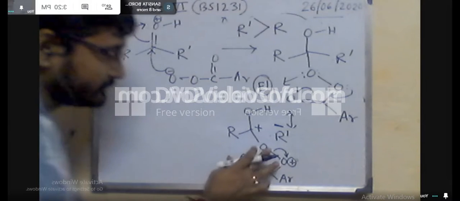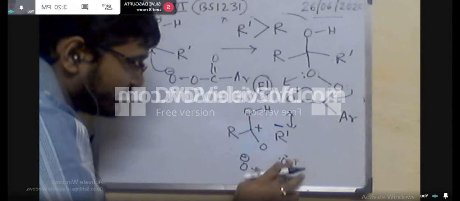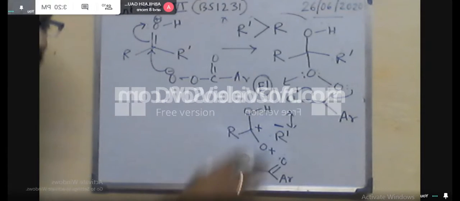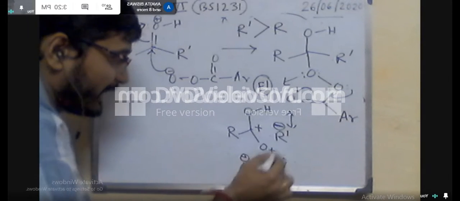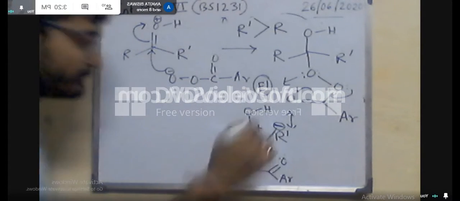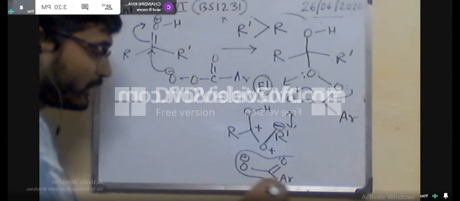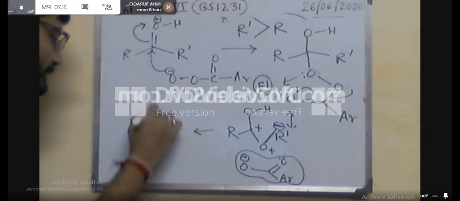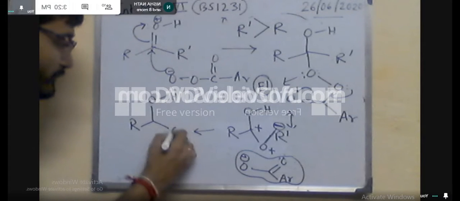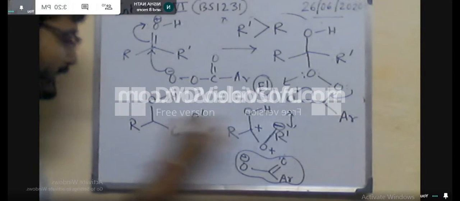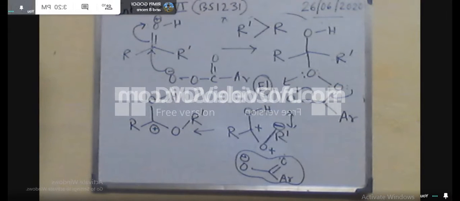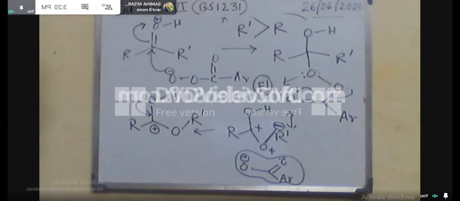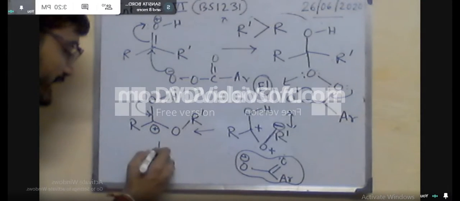So if this is the minus and this is the plus, then they can form the bond and this residue will leave the molecule. So that means it can generate R-OH, OR prime, and now this is the plus charge. In the final step we can show that it will donate the lone pair of electrons to here to neutralize this charge, OR prime R, and the final step is the deprotonation. That means the hydrogen will leave the molecule to generate the ester molecule.